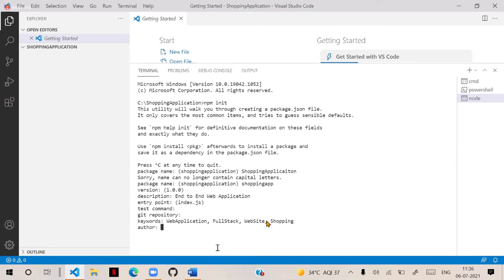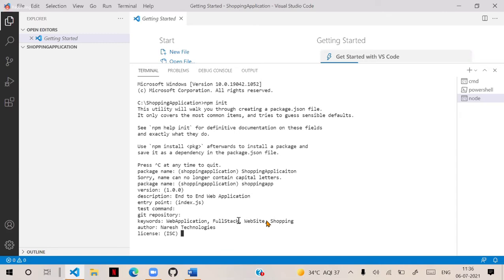Who is the author? Some Naresh Technologies. Any author name you can give, and enter. Next, license. Generally, people have different licenses, like MIT is a license. Currently, we will just skip the license because all of these you are going to understand in later stages: how licenses are given, how versions are configured, how testing is done, how collaboration with the cloud is done. So you can leave anything you don't know empty.